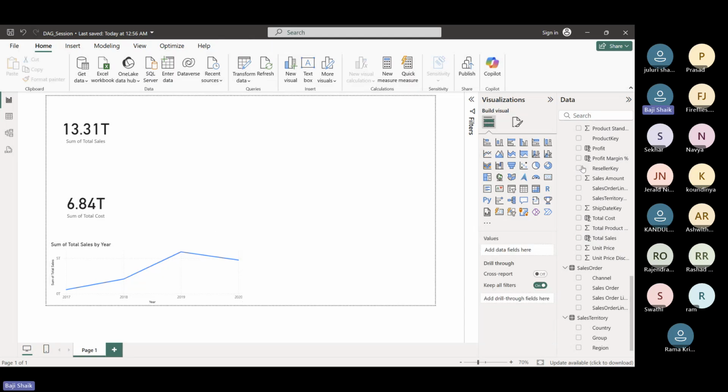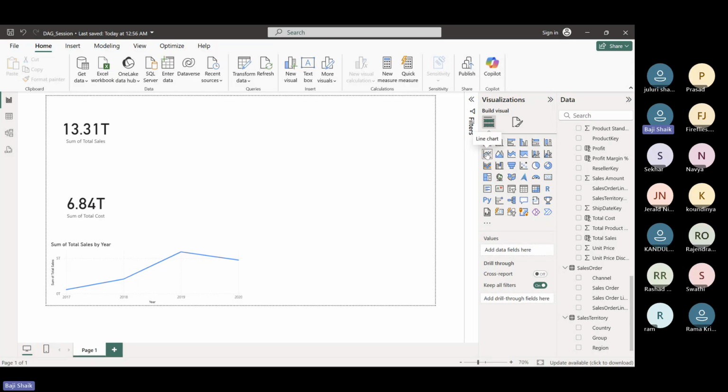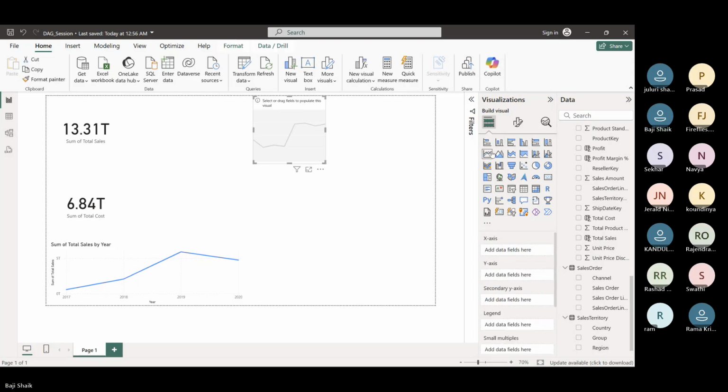Okay. Here, I just imported the line chart. I hope you see the screen now. So here is how it looks after importing your line chart. I just dragged the total sales to the table. Yeah, it has a y-axis, right? Now, in the x-axis,